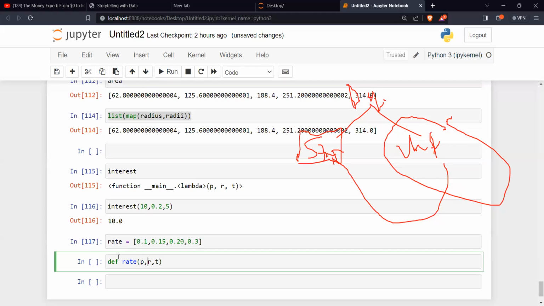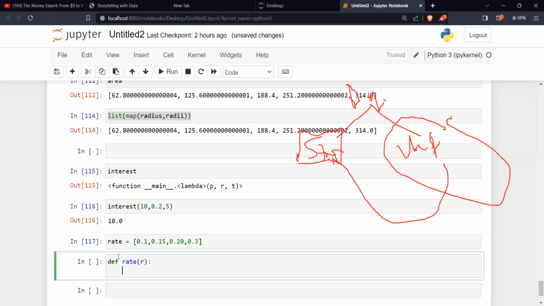So I will only put one rate there. Because I already know how much I want to invest, maybe $10,000. I know the rate, but the rate can be different values. And I'm investing it for how long? Let's say for 5 years.